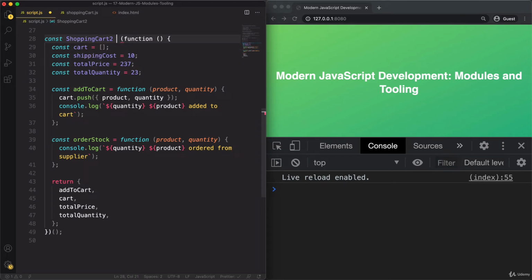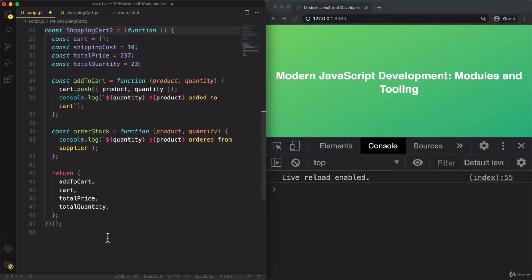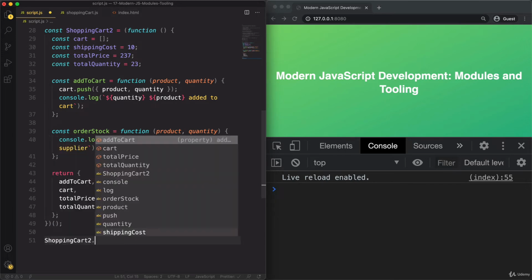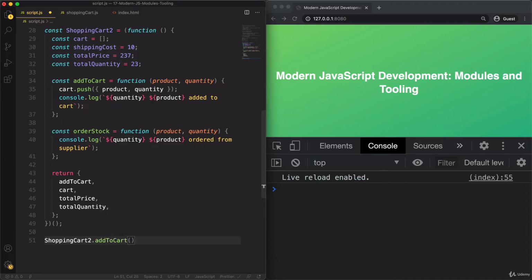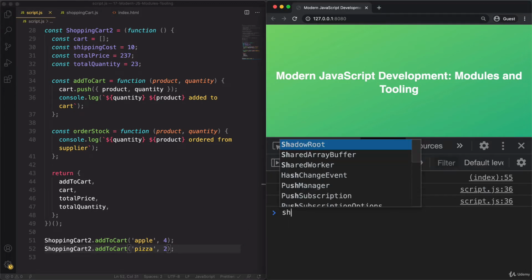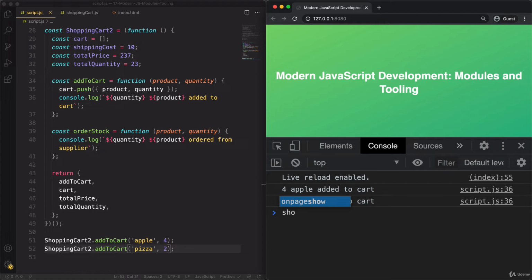Let's say shopping cart 2. And so now, just like before, we can now say shopping cart 2 dot add to cart, and here let's say 4 apples and 2 pizzas. Right? And so it works. And indeed, if we take a look at shopping cart,